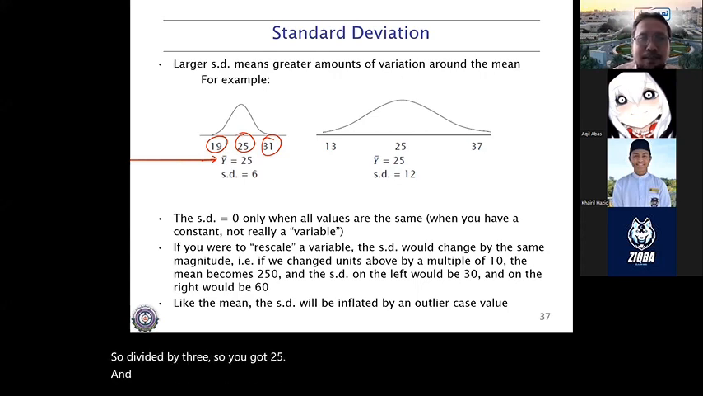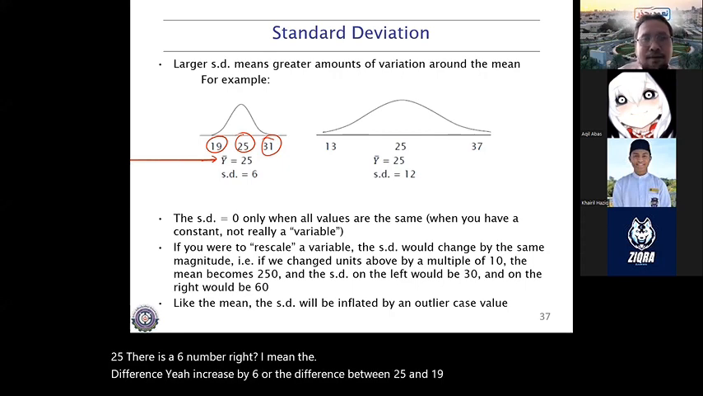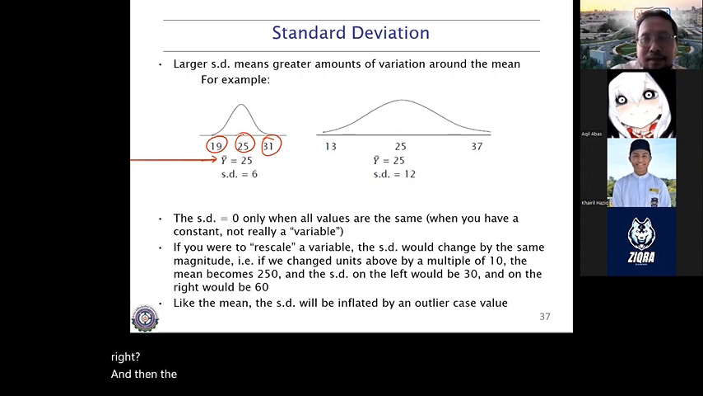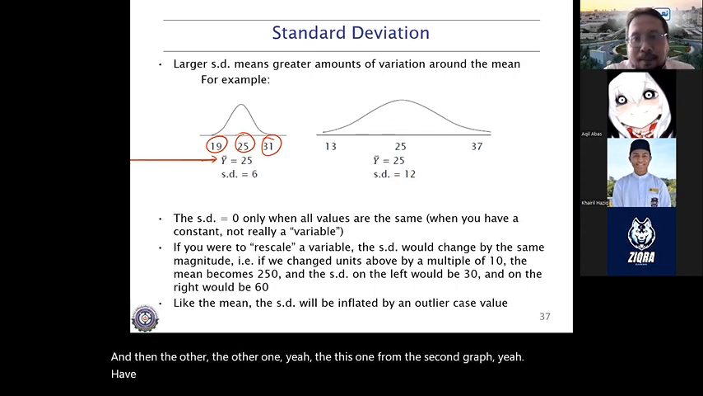And with this one, we can see the standard deviation is 6. Actually, from 19 to 25 there is a difference, an increase, of 6, and the difference between 25 and 31 is also 6, right? And then the other one, from the second graph, we see actually